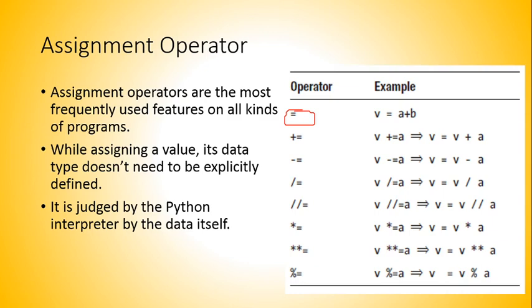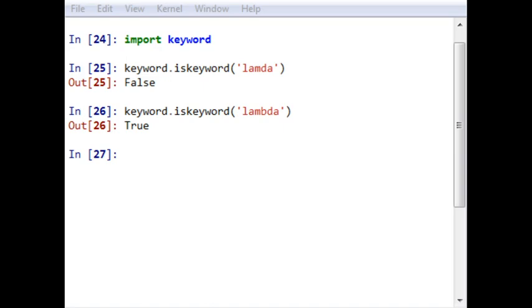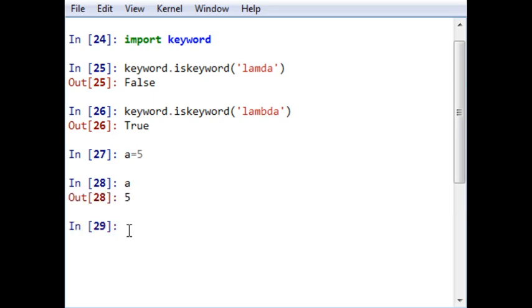This behavior has been demonstrated on the Python code console here. For example, you have already seen that we have assigned a equal to 5. So a equal to 5, this is assigned. And now if I want to print the value of a, I will simply write the variable name and press enter. It will show me the value, which has been printed by the Python REPL.